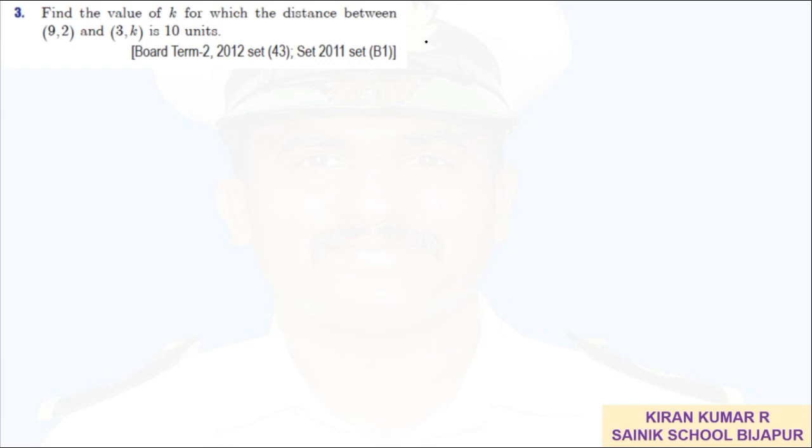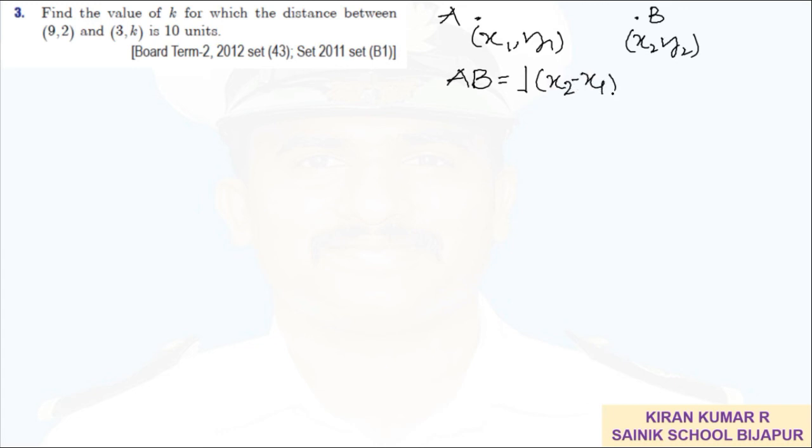However, I'll just tell you, whenever there are 2 points, say point A having coordinates x1, y1 and point B having coordinates x2, y2, then the distance is given by root of (x2 minus x1) whole square plus (y2 minus y1) whole square. The differences in the respective coordinates have to be considered. Using this formula, the distance